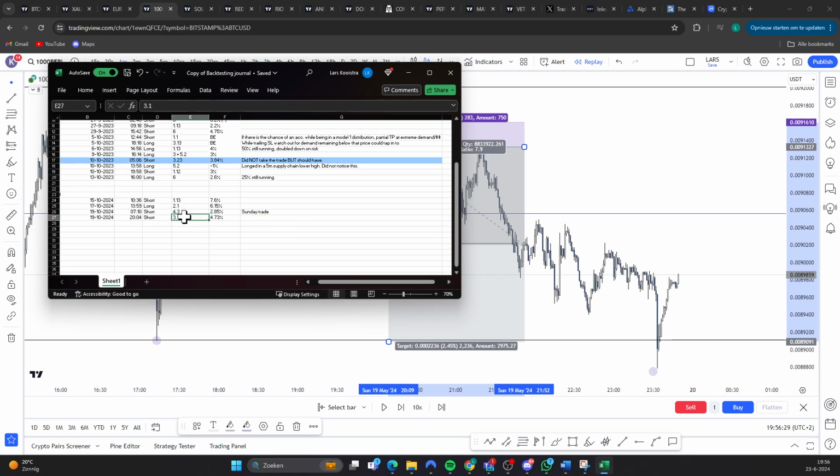the LPSY and one entering on the break itself of the third tap. And both have hit their target, but I've taken take profits in between. So I'm gonna say